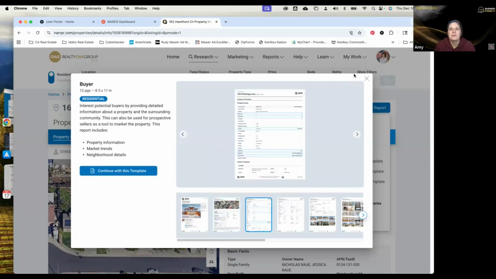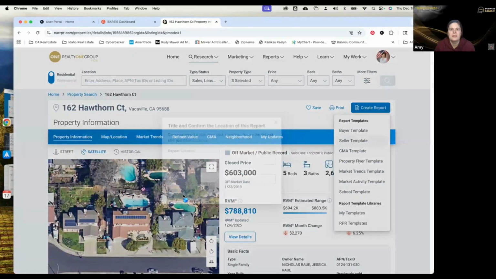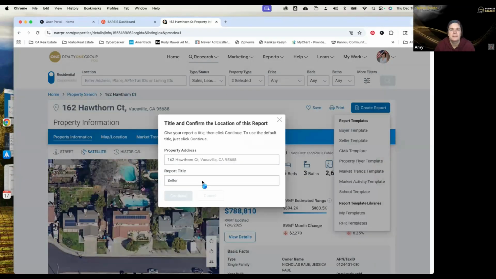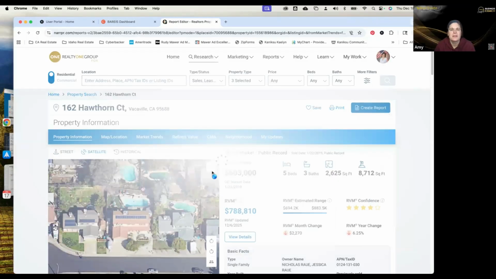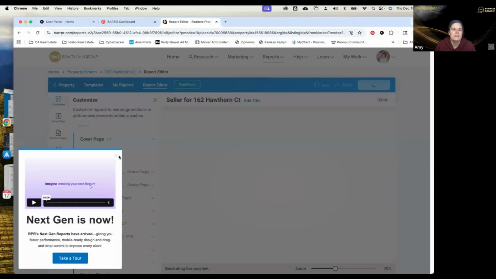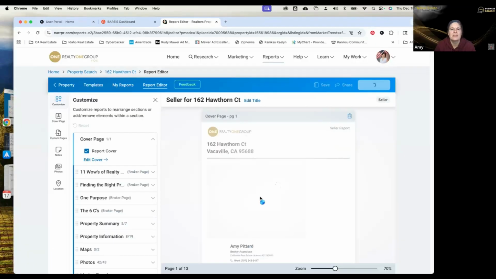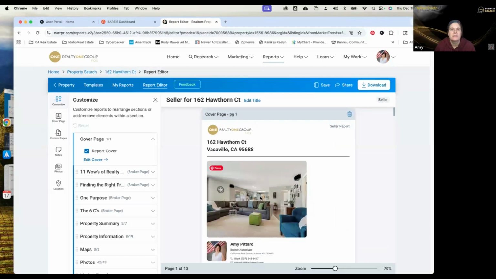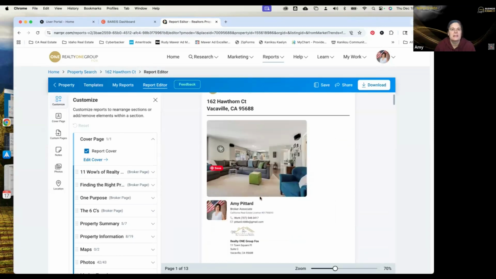Let's go back just for kicks and look at that seller template, even though it had more pages than I would prefer. Let's see if we can edit that template. All right. Oh, here, we can totally edit this template. So here's that seller report. Okay, you can edit the cover page. Okay, so you could edit this